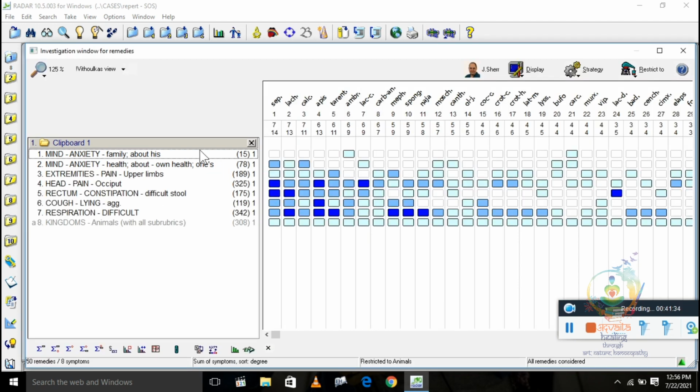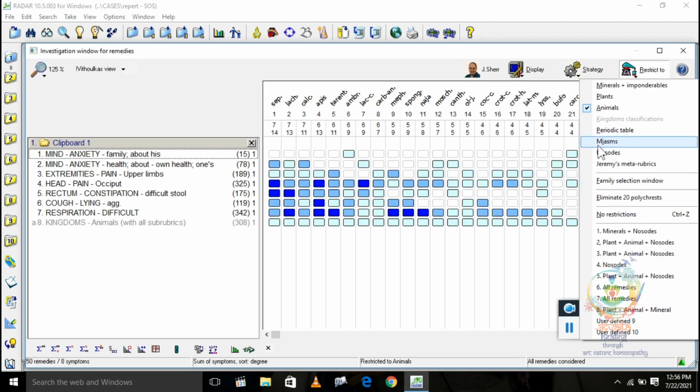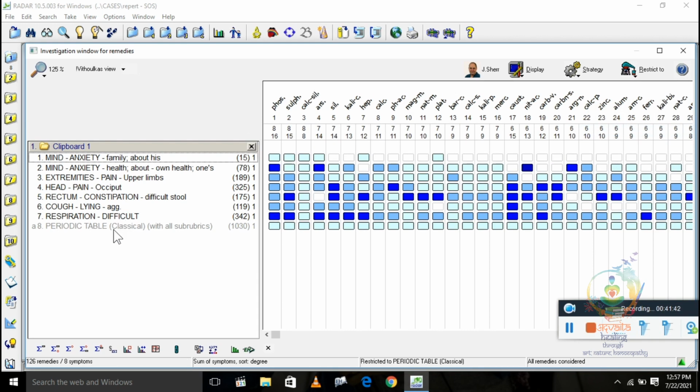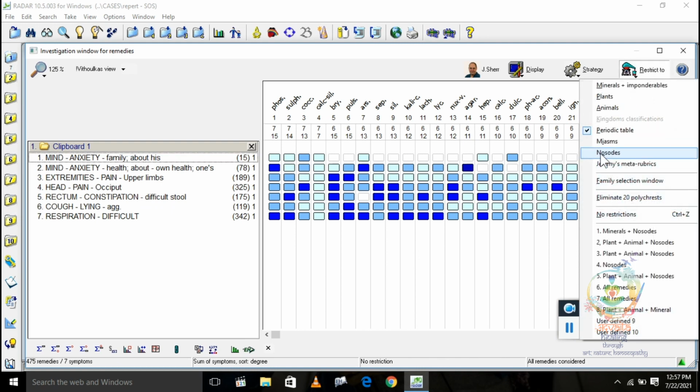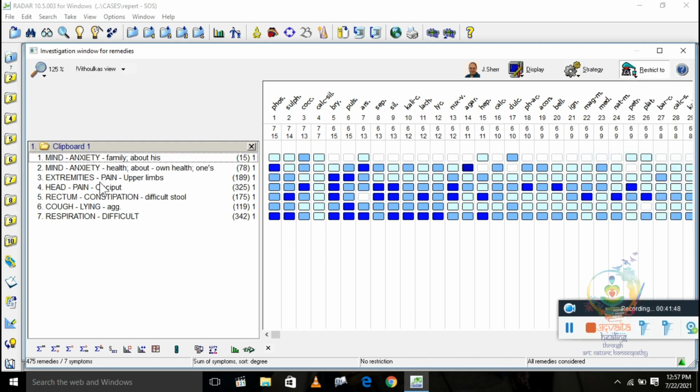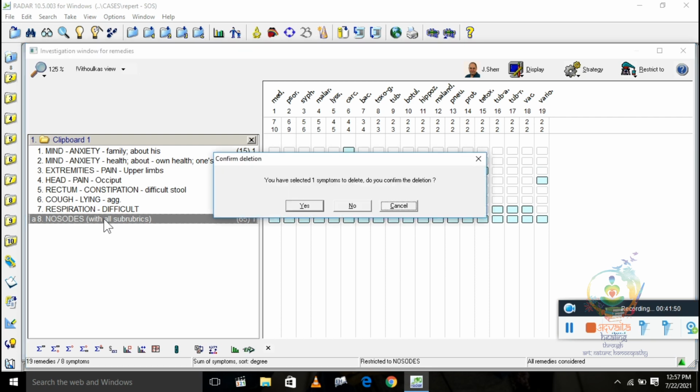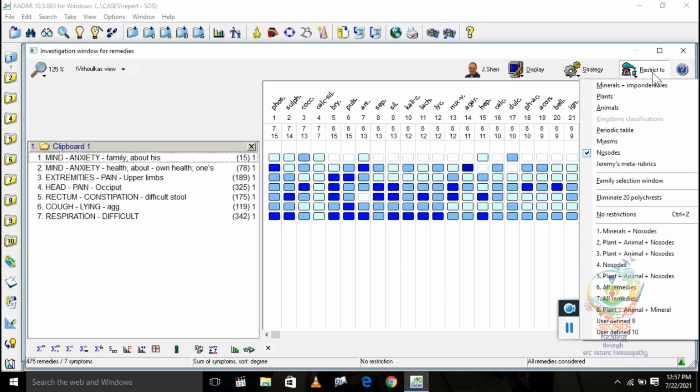You can see all the animal remedies will appear. Now see the periodic table, so all mineral remedies which are there in the periodic table will appear. So here then nosode you can see. So this is also analysis by family from restrict to.